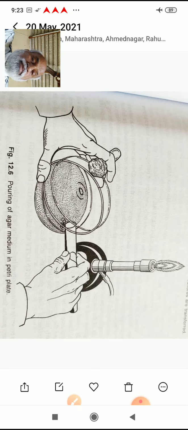So pure culture of microorganisms forms discrete colonies on the solid media. So separation of colonies must be there, so that one particular type of microorganism will be there in a colony. This is the purpose behind it. So take the example of yeast or bacteria or many other microfungi.